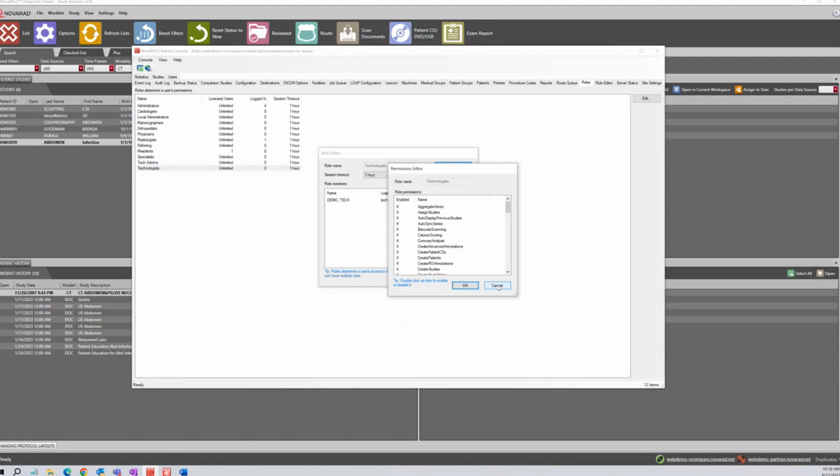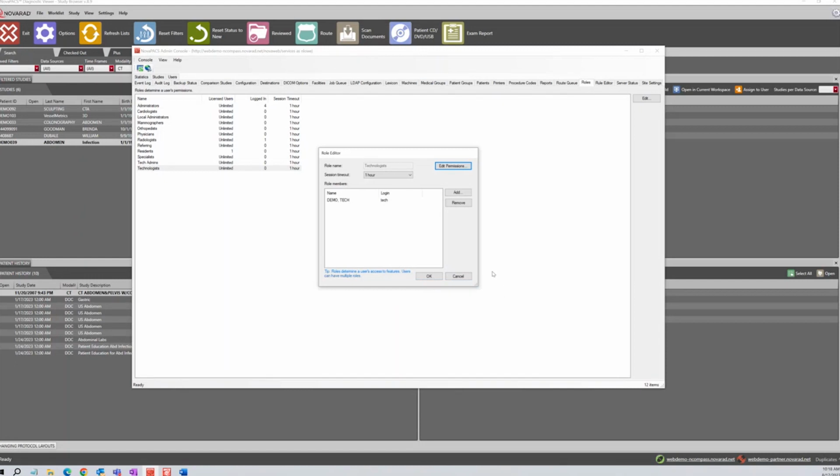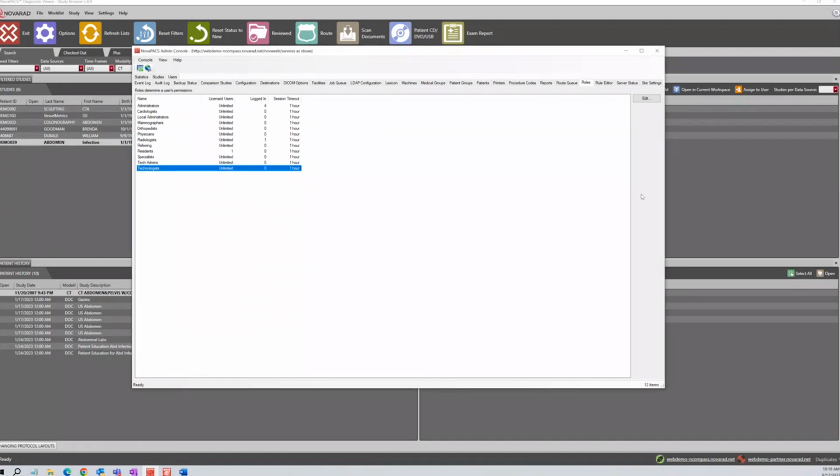I will caution you, if you do modify that, please test it before you go into production with it. So just run a quick test, have whatever role you're changing permissions to run through their workflow and make sure everything behaves okay. And then the add button here, we can quickly add any one of our users to the technologist role or whatever role we're currently looking at, and we can remove. So if I were to remove this person, they would go inactive in the users column since they're only a technologist. All right, that is the roles tab.